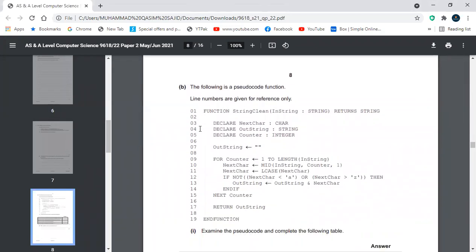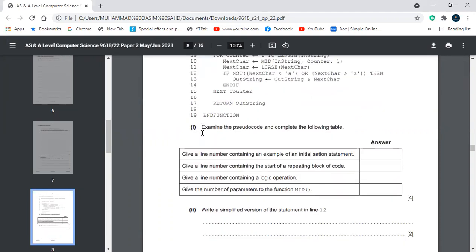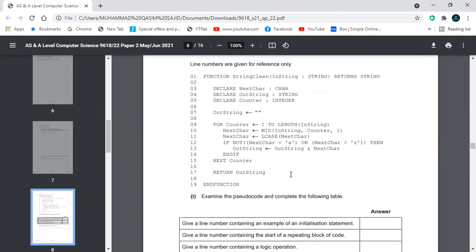The following pseudocode line numbers are given for reference. This is basically the pseudocode given. So examine the pseudocode and complete the following table. Give the line numbers of codes that are examples of an initializing statement. So an initializing statement is basically the start, that is there must be